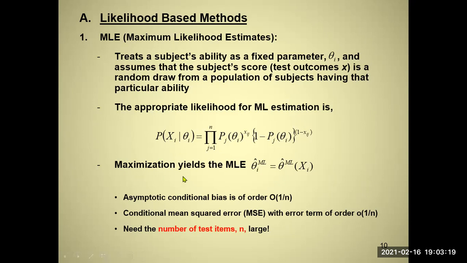The maximization yields the MLE. And so the MLE is a function of the X sub i, which are the item responses. Interesting properties about the MLE is it's asymptotic. You have asymptotic conditional bias. It's at the order big O 1 over N, where N here is the number of items, not sample size, the number of items. The conditional mean square error, the MSE, with error term of order small o 1 over